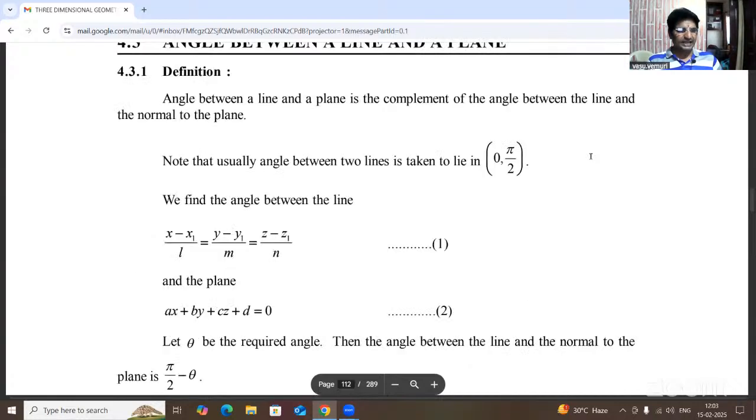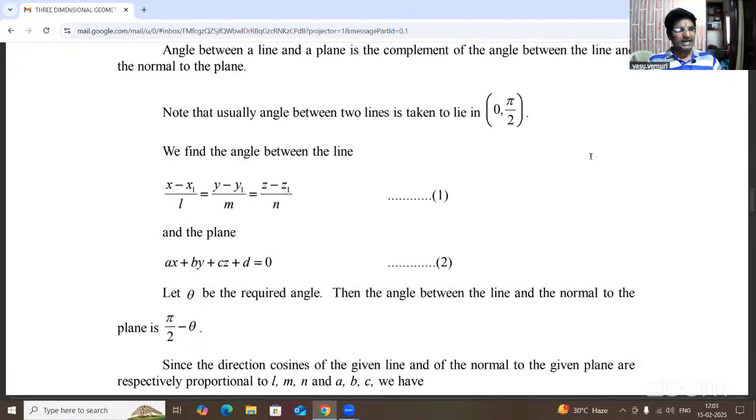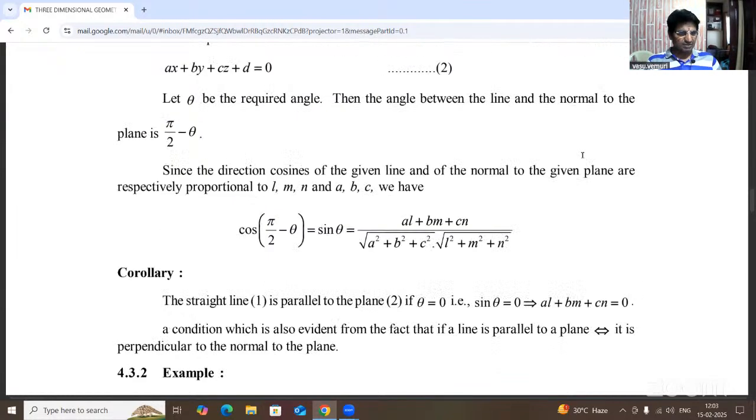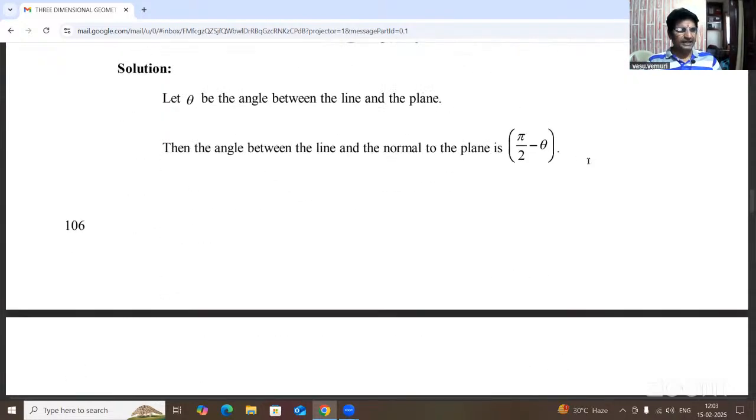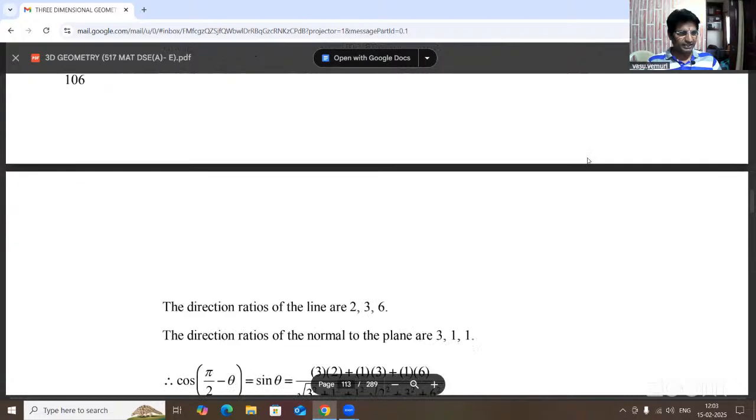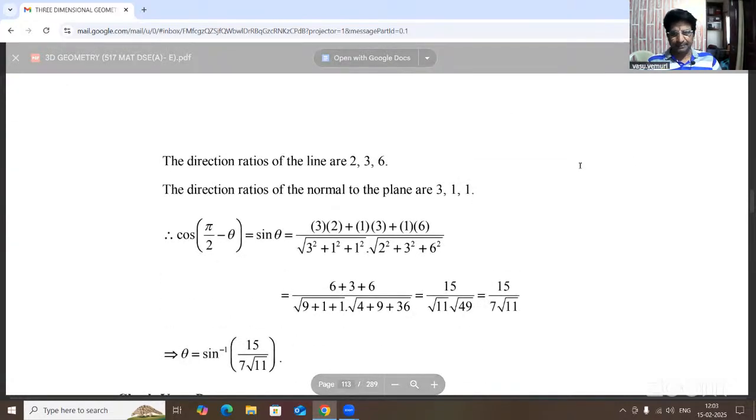Angle between the line and a plane. Now here the formula is sin theta equal to plus or minus (Al plus Bm plus Cn) by root of sigma A square into root of sigma l square. Okay. Now this problem is also angle between the line and plane. This problem is also discussed in 4.3.2, and at the same time